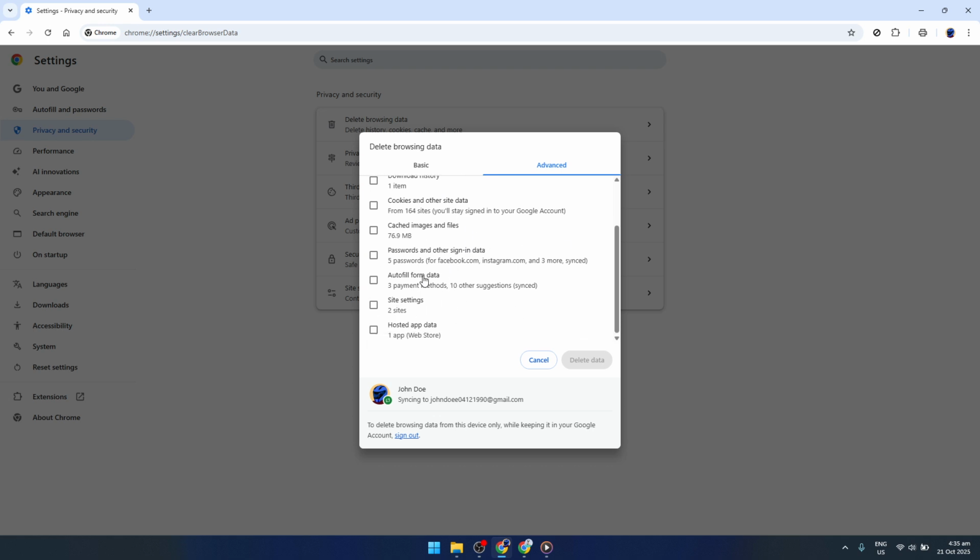Locate autofill form data and make sure this box is checked. If you're only interested in removing autofill data, ensure all other boxes are unchecked. This precision allows you to only clear autofill data while preserving your other browsing information, like cookies or passwords, if